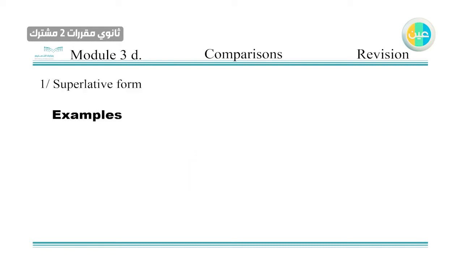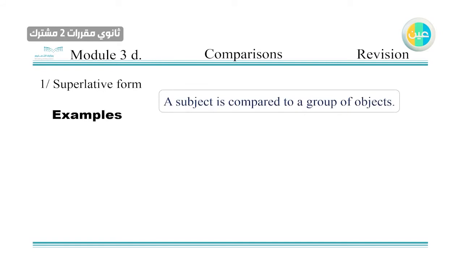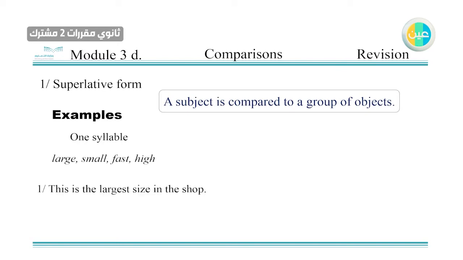Now, moving to the superlative form. When you're comparing using the superlative form, it means you are differentiating one subject and comparing it to a group of objects. How do you do that? If it's one syllable, like for example large, small, fast, and high, you're going to say this is the largest